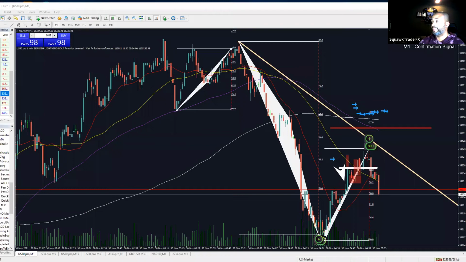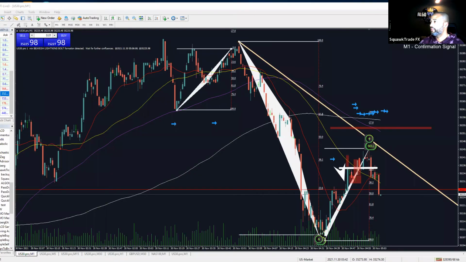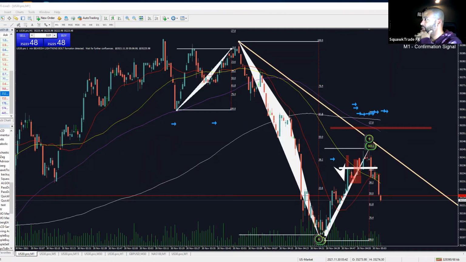And I did the stats, and I'm still going to run the stats for everyone. I did pick up a bunch of symbols that people want me to run some stats on. But for me, when I do the stats for US 30, the best hours to trade this thing